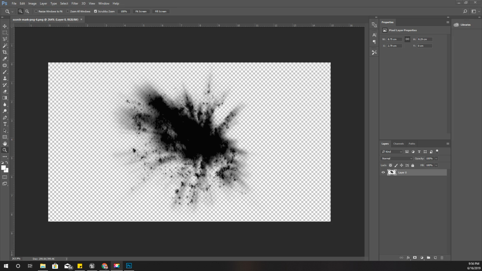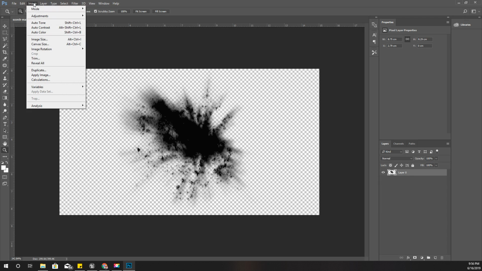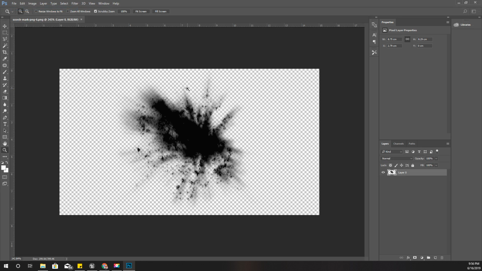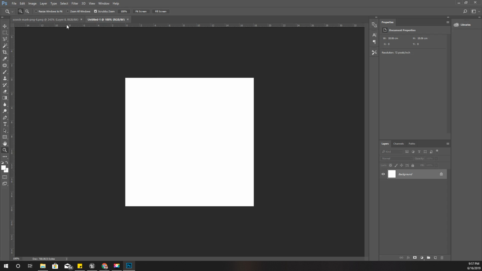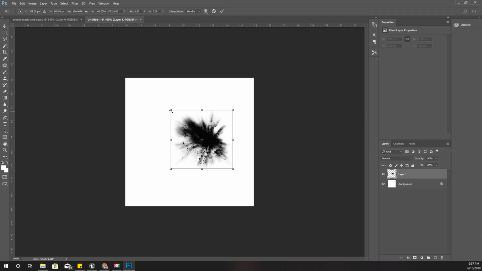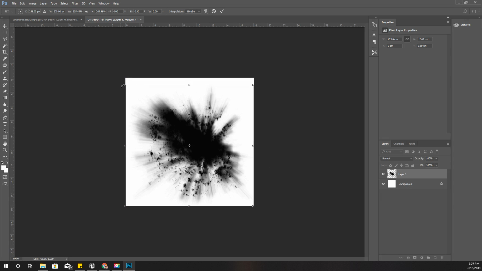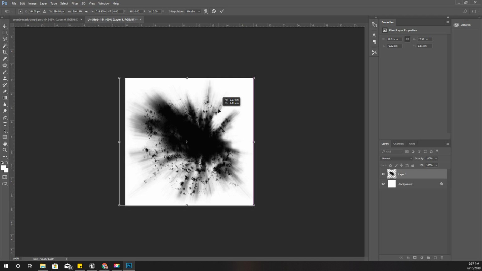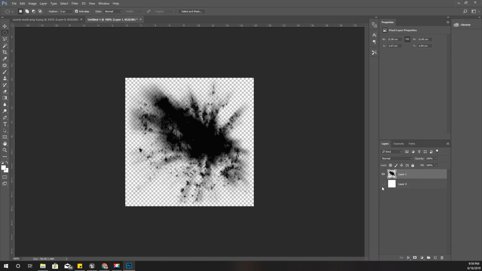Let's make this file. I'm not really familiar with Photoshop. Let's create some square size 512 texture and put that one here like this. Okay, right, so this is the file I'm going to use. Let's save this one as a PNG,